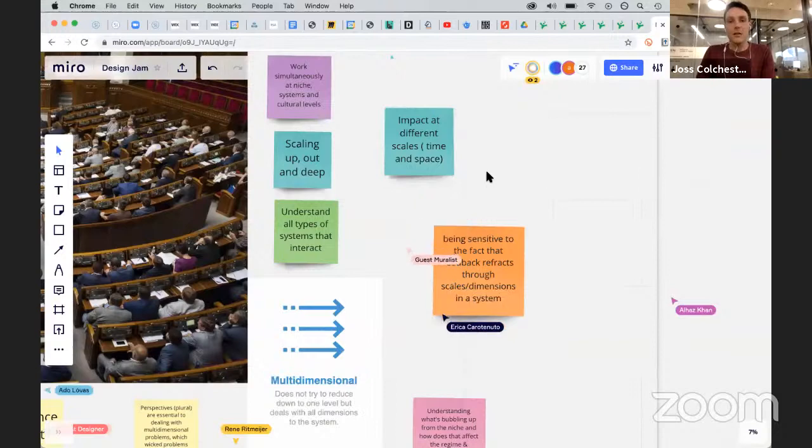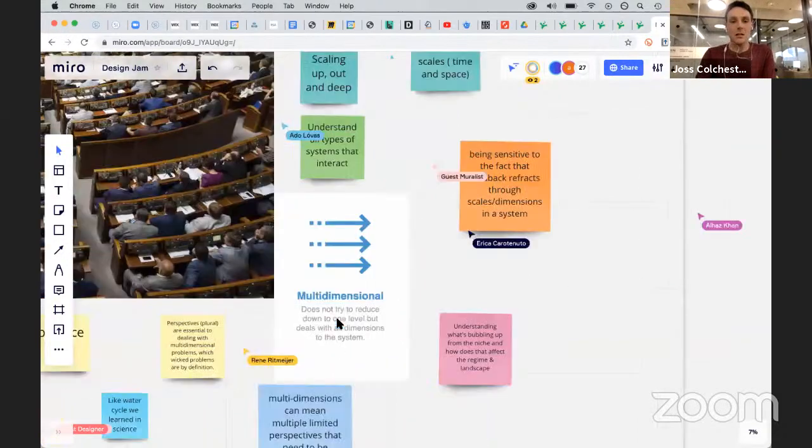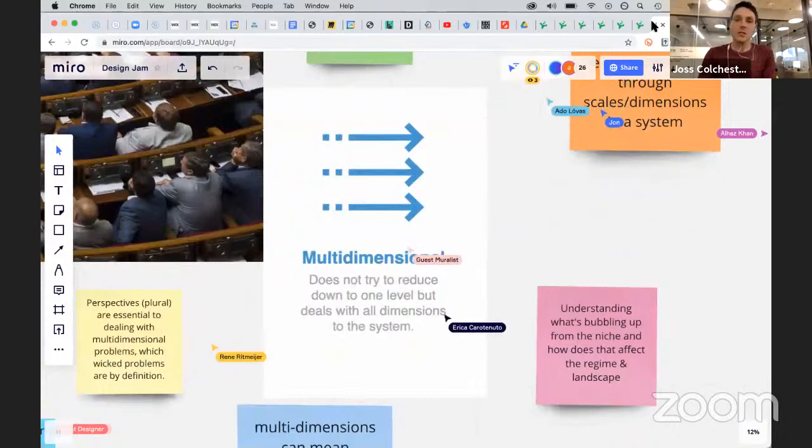Impact at different scales, time and space. So we're talking about multidimensionality. I think this is a key aspect of complex systems, or at least this way of looking at the world. Reductionism by definition is trying to reduce things down. We take something that's complex and reduce it down to maybe one dimension, like thinking about consciousness, we try to reduce that down to the neurons and synapses in our brain. The complexity approach means recognizing the multidimensionality of things, that what we experience, or the outcomes of a complex system, are a function of the interaction between different dimensions.